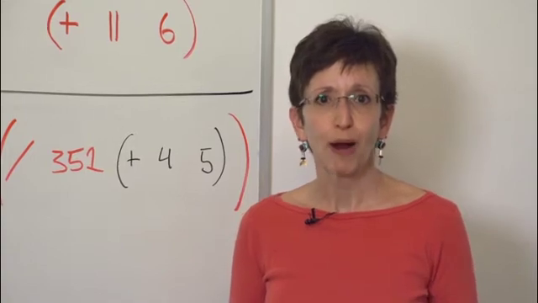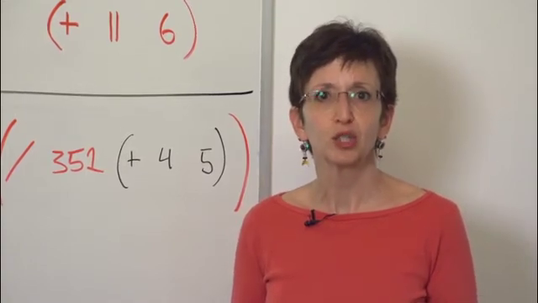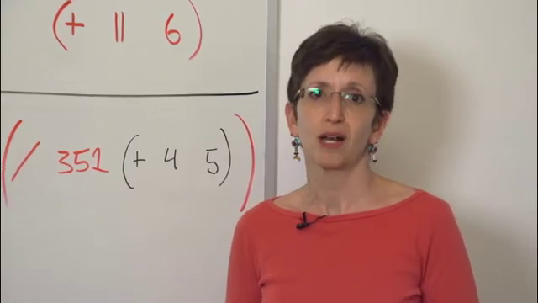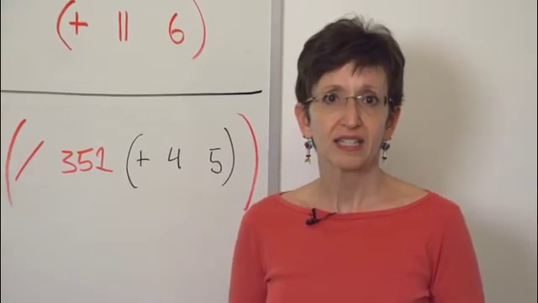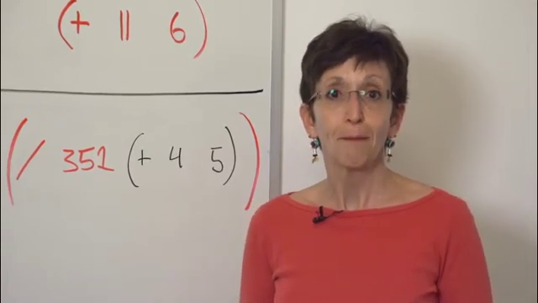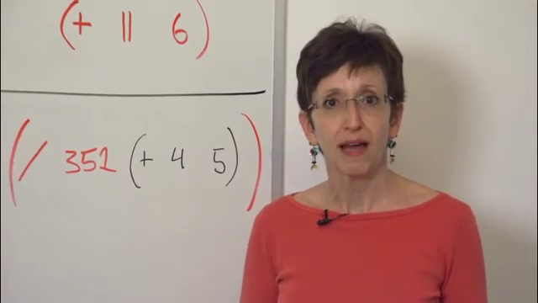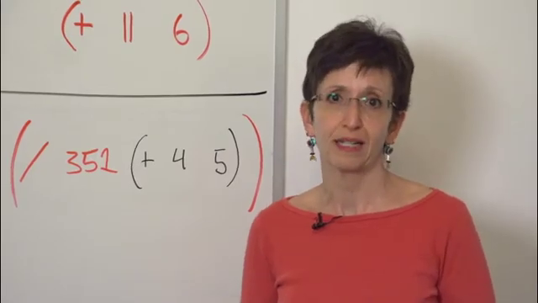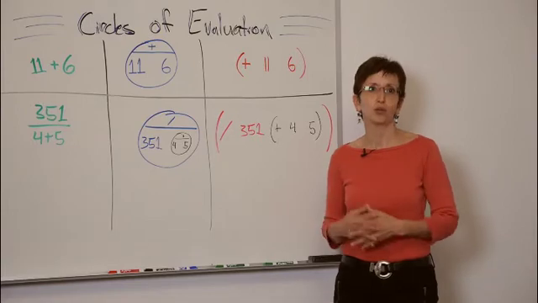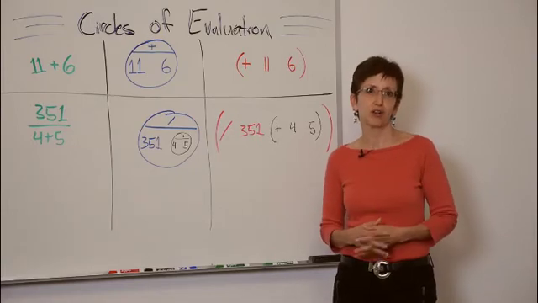If a student gets the right answer from computing 2 plus 2 times 2, we still have no idea if that student knows which operation comes first. Likewise, a student that gets the wrong answer for 3 times 9 minus 4 might actually have made a mistake in multiplying, but could still have gotten the order right. To evaluate a literacy skill, we need to use a literacy tool, and that's exactly what the circle of evaluation